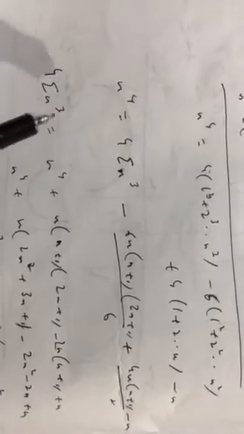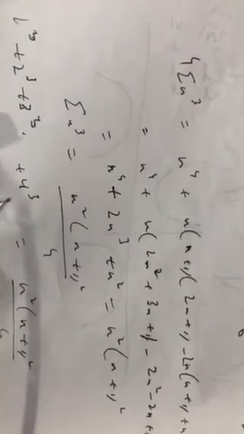So we need this term summation n cube, so keep it on the left, keep everything else on the right, simplify the right hand side, it will give this, and finally you will get n square into n plus 1 whole square. So that means summation n cube is n square into n plus 1 whole square by 4. So this is the third formula of special series. 1 cube plus 2 cube plus 3 cube up to n cube is n square into n plus 1 whole square by 4.